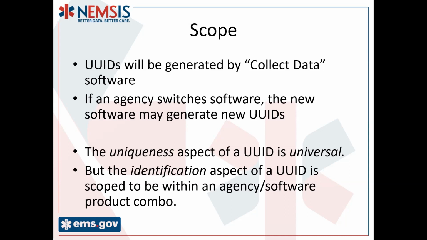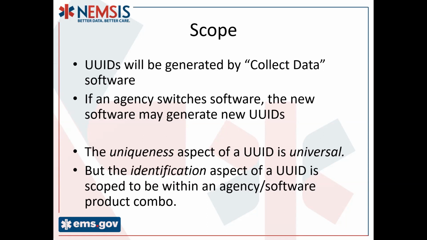So if they switch from one vendor product to another, the new product, they're going to just type in their personnel again, or they might do a bulk load from a spreadsheet or something. And it's possible that those personnel, those vehicles, et cetera, will just get all new UUIDs. And that agency then submits their next demographic data update to the state. It would appear to the state system that that agency had essentially deleted all former objects and created all new objects within the agency.